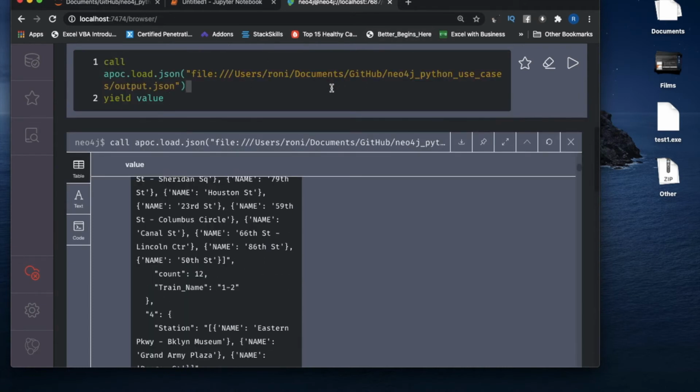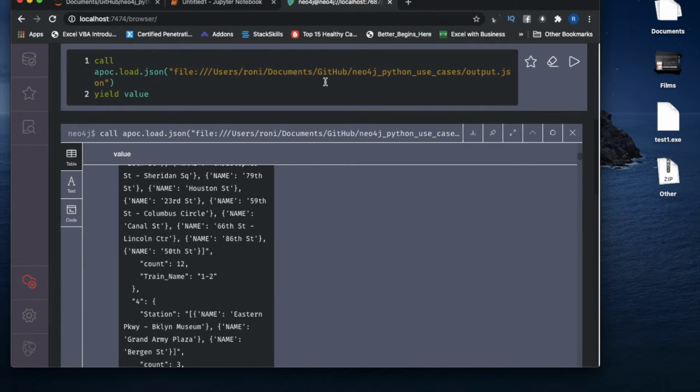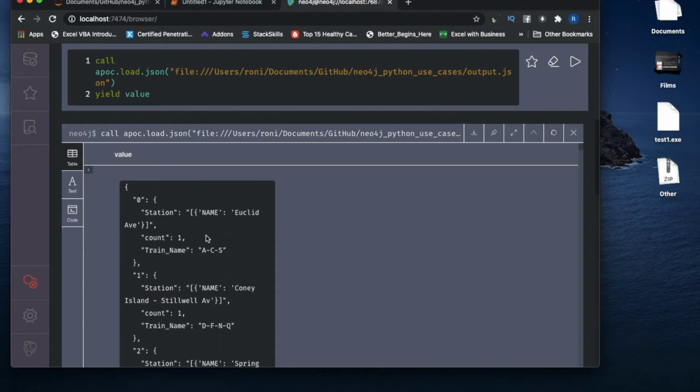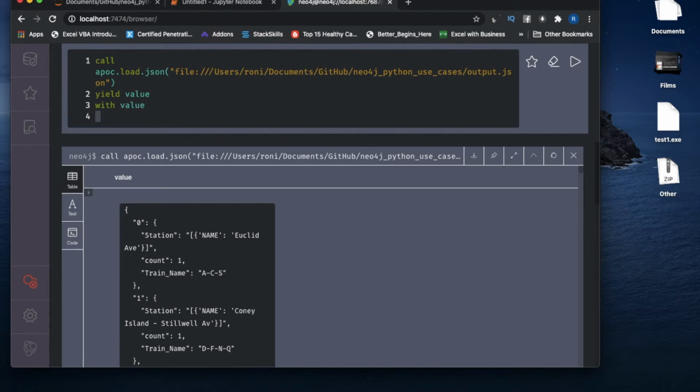I think I increased the size a bit. Let me just decrease this a bit. Okay, now it looks okay. So now the next thing is how to iterate through this data. It should be with value, then you can write UNWIND. I need to get values for all these keys, right? And these are the keys actually. UNWIND keys(value)